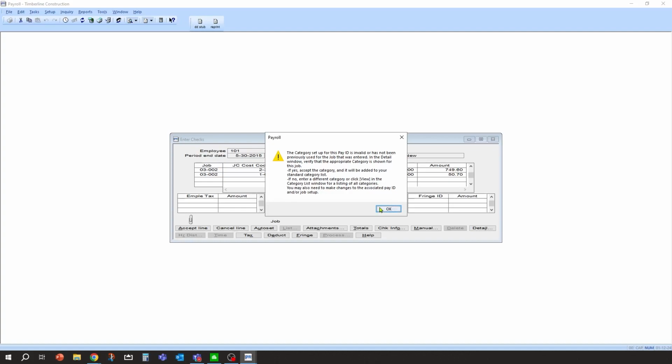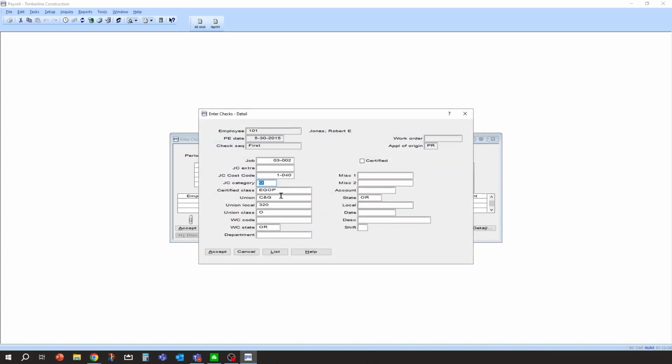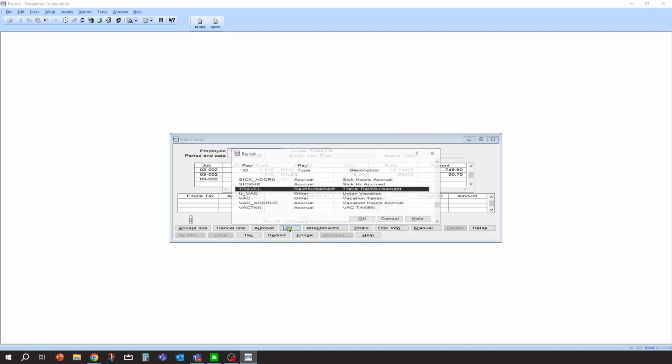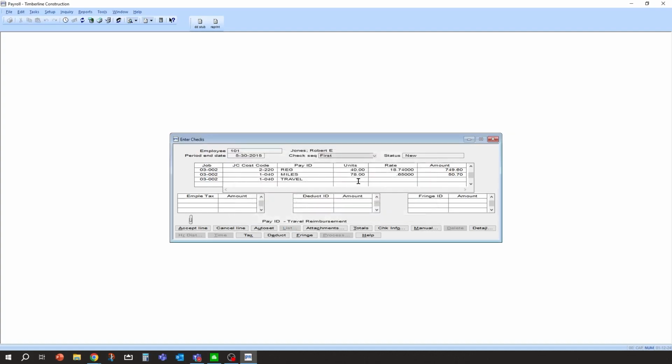And basically what happened here is I picked a cost code for this job that didn't have the other category yet on it. So it's trying to set that up. So we'll go ahead and accept that. And let's also say, you know what, he stayed overnight, he had some travel, he had a hotel reimbursement. We're going to cost that to the project as well. And I'm going to go and grab my travel. Oh, excuse me, travel. And that's just going to be a flat amount of $120. We turned a receipt in for that. Okay. So that's it for expense reimbursement.